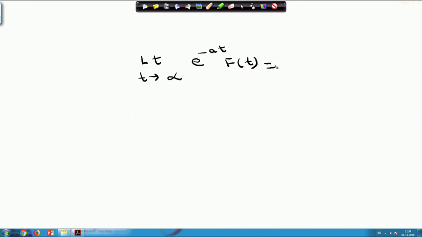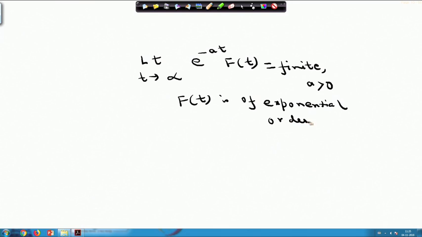If this value is a finite constant, for some a greater than 0, then we can say that f(t) is of exponential order a. Then we say that f(t) is of exponential